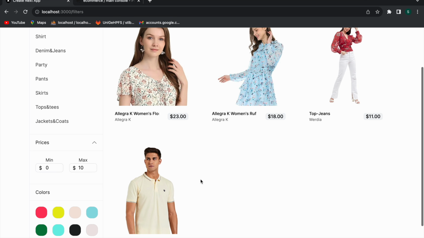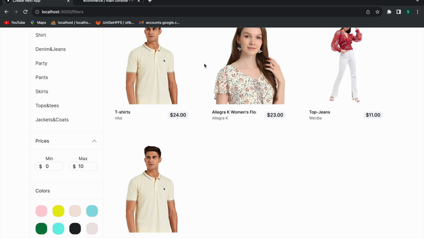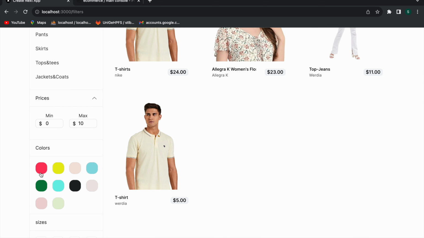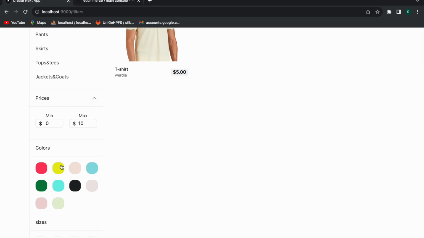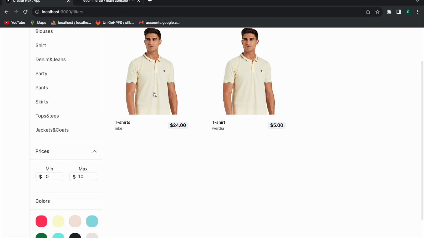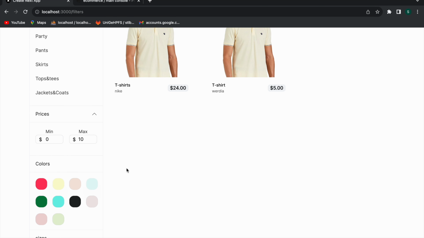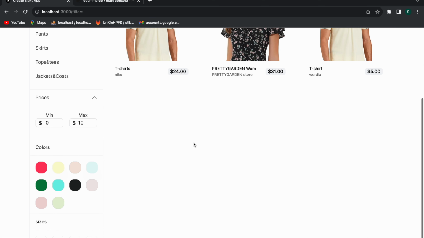And if I select this color and remove the 3XL, select this one. So right now no colors is selected. When I select this red color, I'm getting all these products. Deselect, everything goes away. If I select this, I'm getting two products here. Now I'm getting 3 products because I have selected these 2.